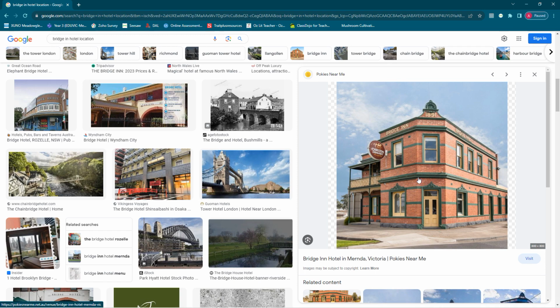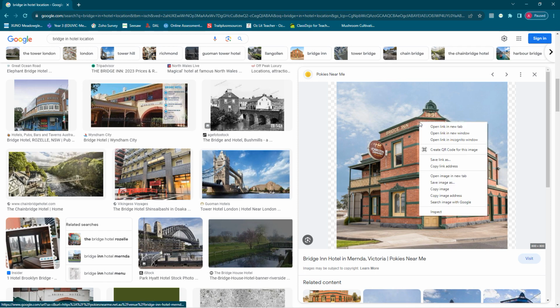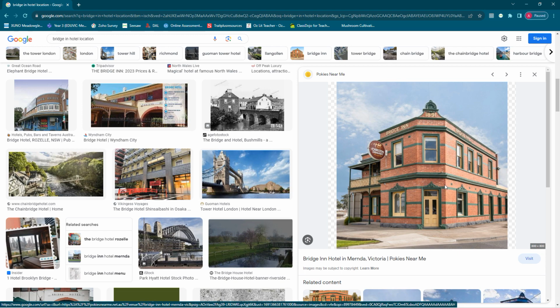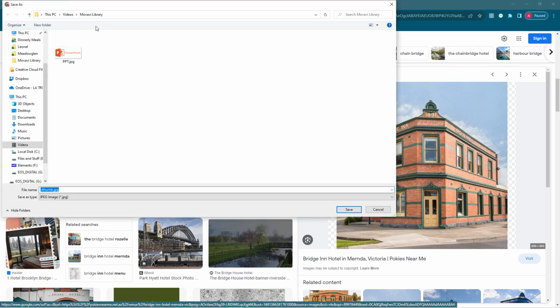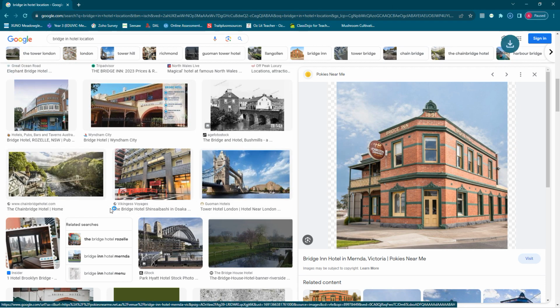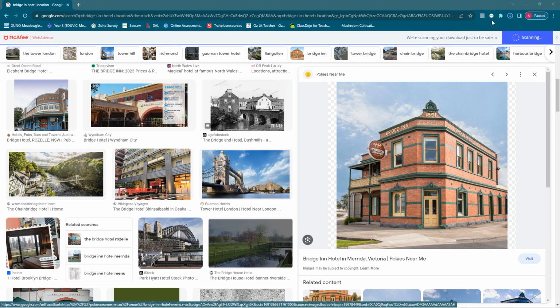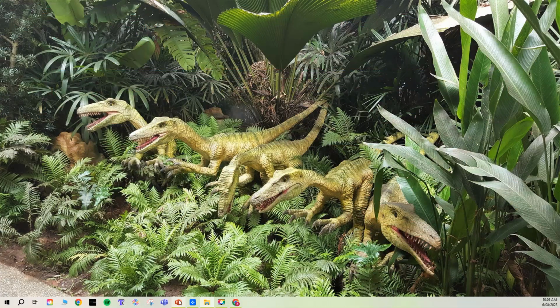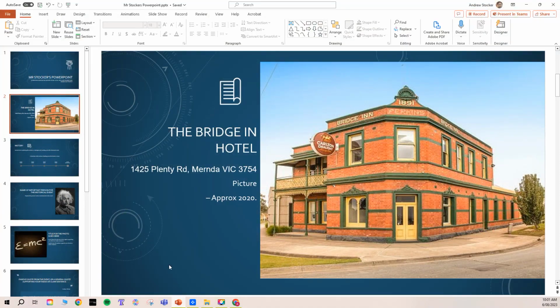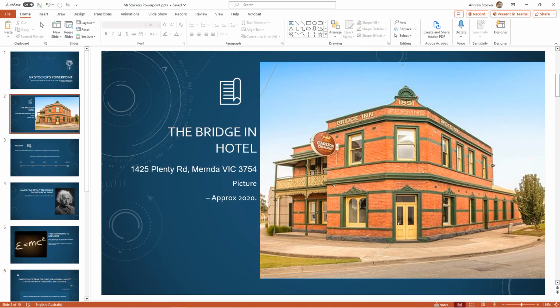So another way of doing things is to right click on it and say save image as, and then it will come up with a spot for you to save the image. So find a location that's suitable, that you will remember, and I'll say Bridge Inn Hotel. Save. What that means is that now, when I go to my PowerPoint presentation,